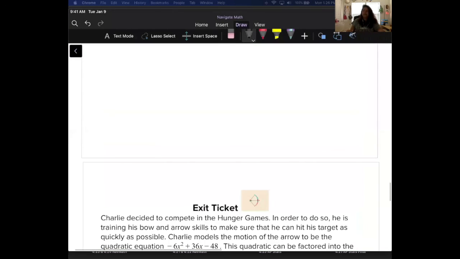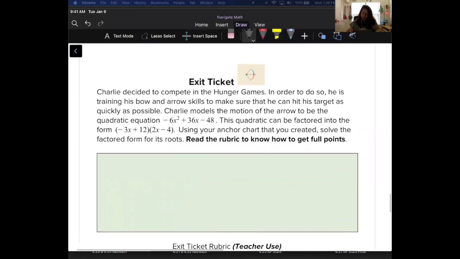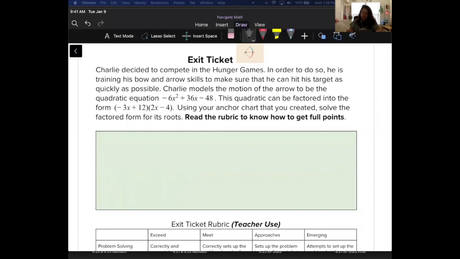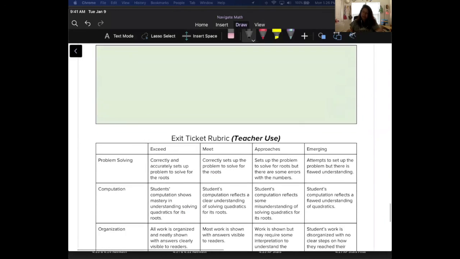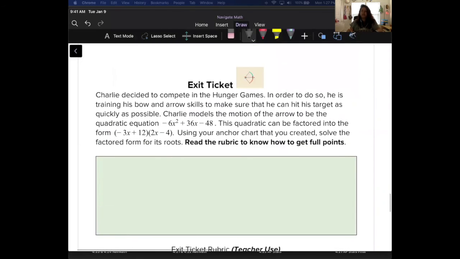If you've already finished the U-Try, you're now going to move on to your exit ticket. For your exit ticket, you're going to use your anchor chart that you created to solve the factored form for its roots. If you can, go ahead and put in your picture for your exit ticket. To make sure that you get your full points, read through the rubric, right? See what you need to do in order to get the best score that you can. Once you have finished that, make sure that you submit it,